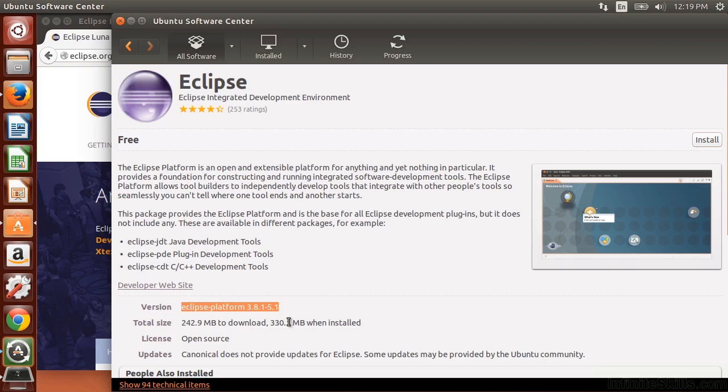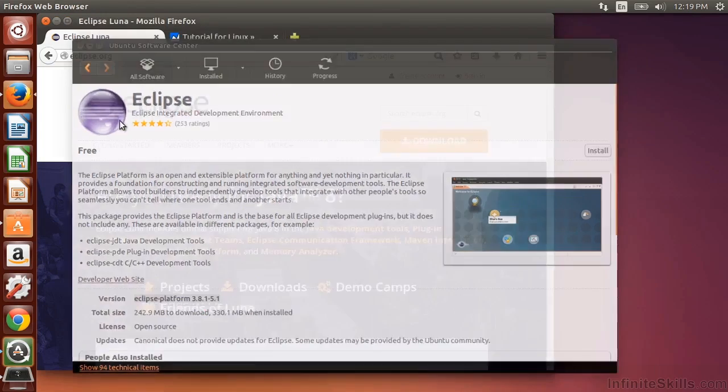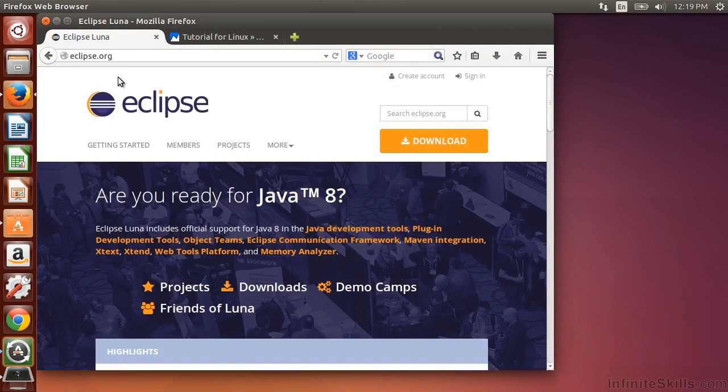So you can use this Eclipse version 3.8, and you would be able to do most of, if not all of, the things that we're going to be doing in the videos for our course. But I would recommend go ahead and getting the latest version from eclipse.org. So once again, you can take this option, run the install, go ahead and get it up and running, and you should be good to go. But again, you won't be on the latest version. So with that, let's go out to eclipse.org and get the latest version so that we can actually put this